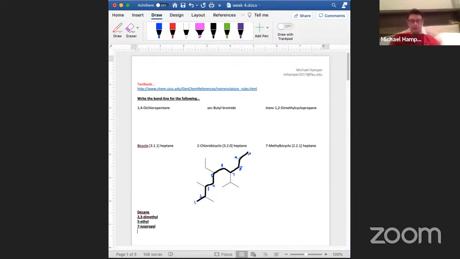Now you piece them together, and again, alphabetical order, but we ignore something. All right, so we ignore the things like di, tri, etc., and sec and tert. All right, sec and tert are simply short for secondary and tertiary. All right. So with this in mind,